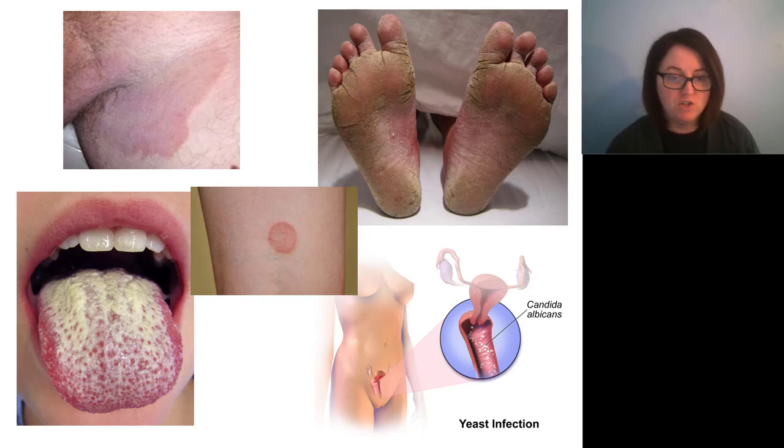So of course, pictures, yay! All right, so this one would be jock itch up here. Horrible case of athlete's foot. Here we have ringworm, which looks a little bit like Lyme disease. We'll talk about that in another lecture, but ringworm is actually not a worm at all. It's a fungus. This is thrush over here. And then, of course, you can have yeast that grow in abundance in the vagina, and that would be a yeast infection.